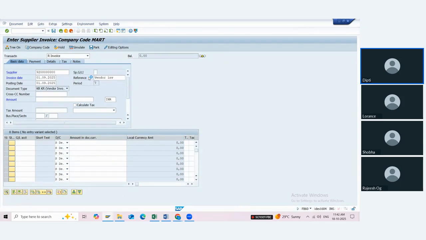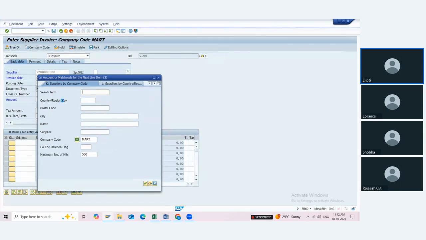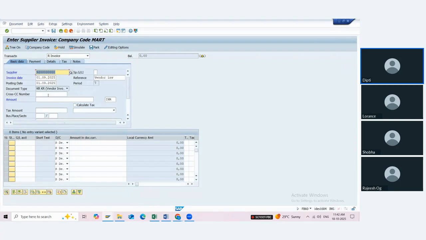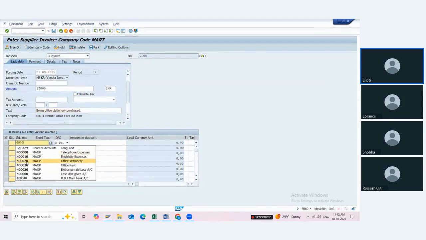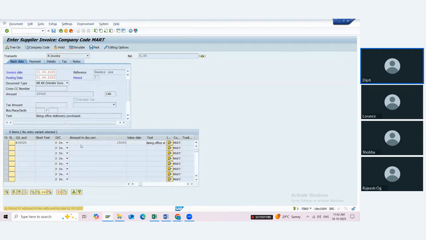Otherwise, it should show. Okay. Let's say my amount of payment is 15,000. Save this entry. So this is the first entry.